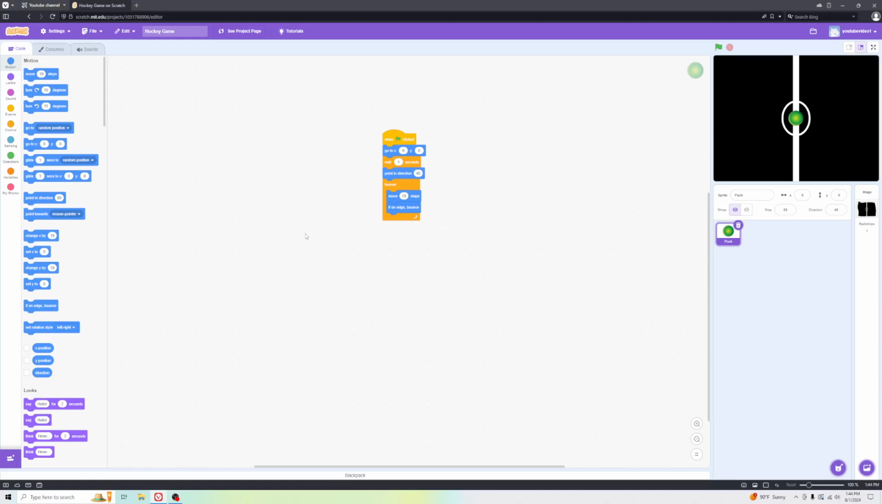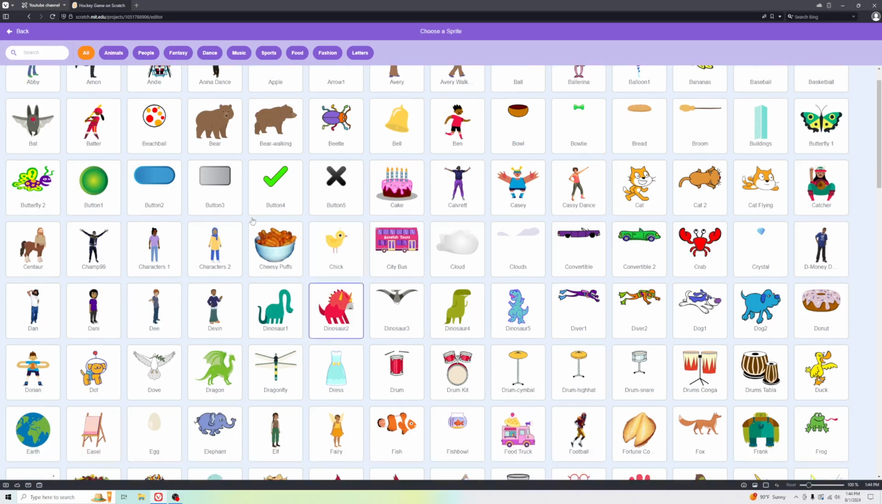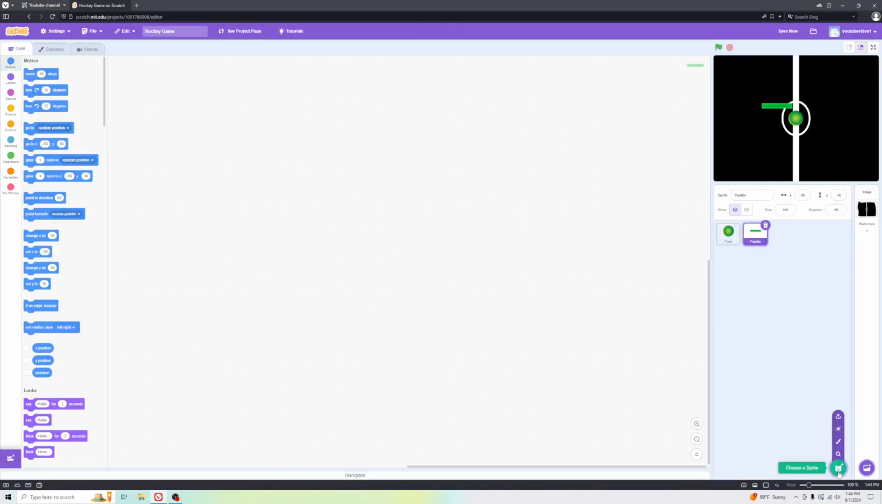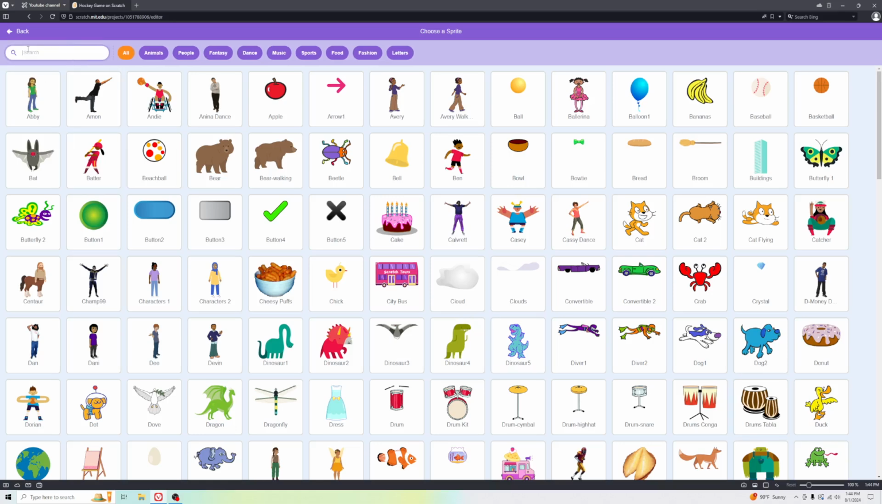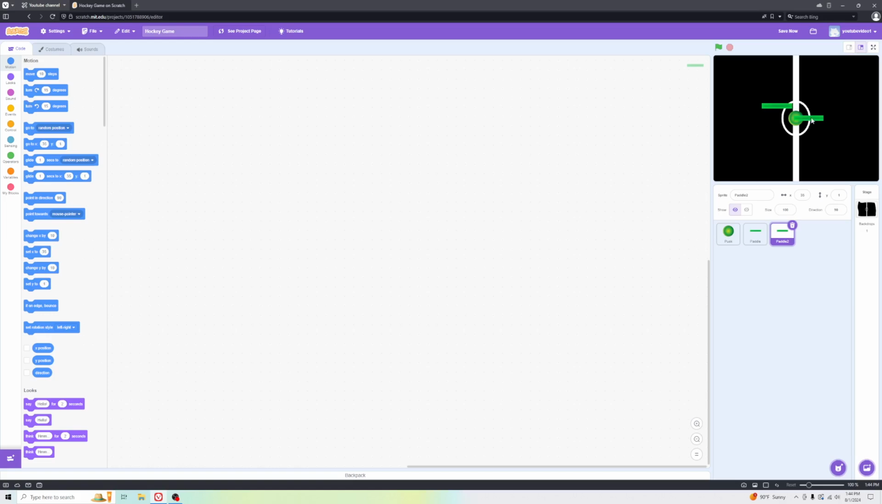Okay, the next thing we're gonna do is make the hockey sticks. So let's go ahead and go to choose a sprite. Let's click there. Okay, and then we'll go to search, type in paddle. We'll do that. And then let's go back and get 2 paddles, one for the computer and one for me